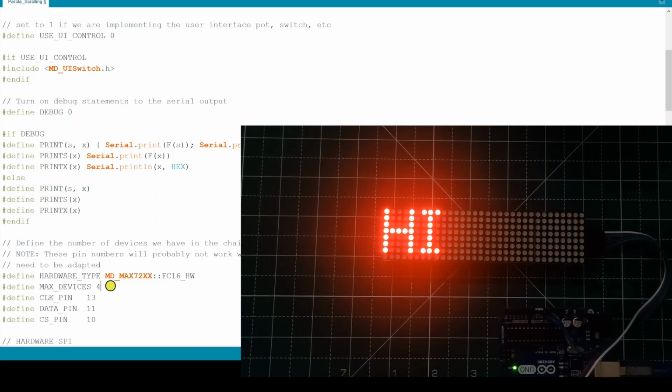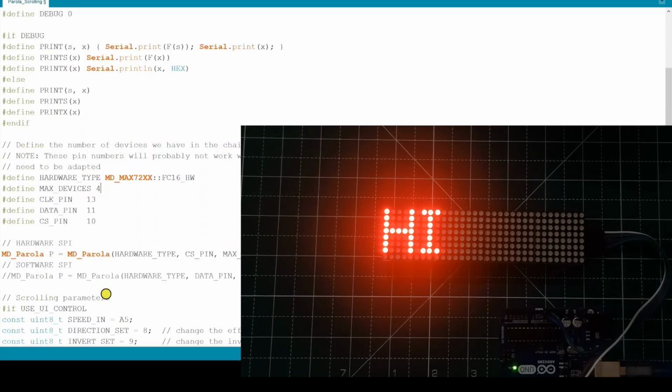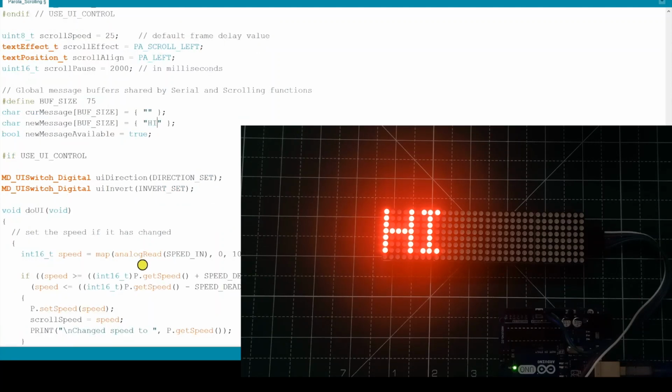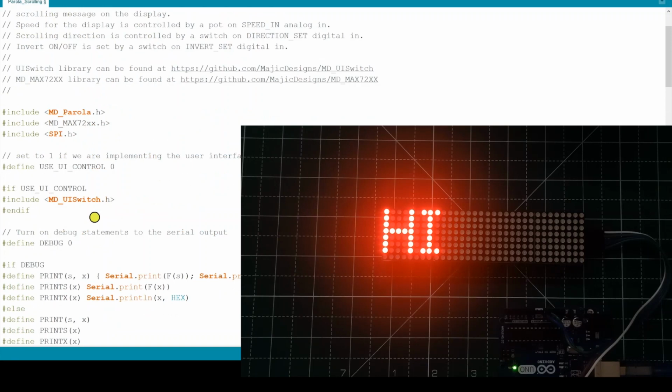We have four 8x8 LED dot matrix. Next, change this text to hi because we want the word hi to be displayed and scrolled. So let's upload.